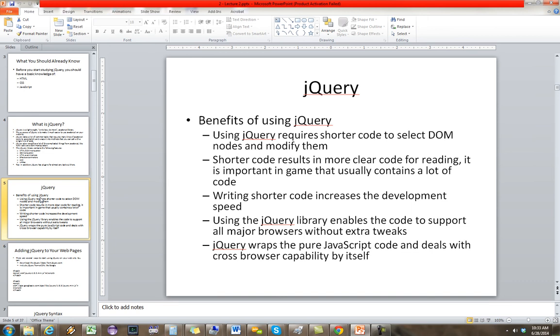Remember, we were talking about how coding is like a game of Where's Waldo, right? In that book where you look for Waldo. Well, if the people that are all around, if there's less of them, then finding Waldo is going to be a lot easier, right? So, and another big benefit of jQuery is it allows support across major